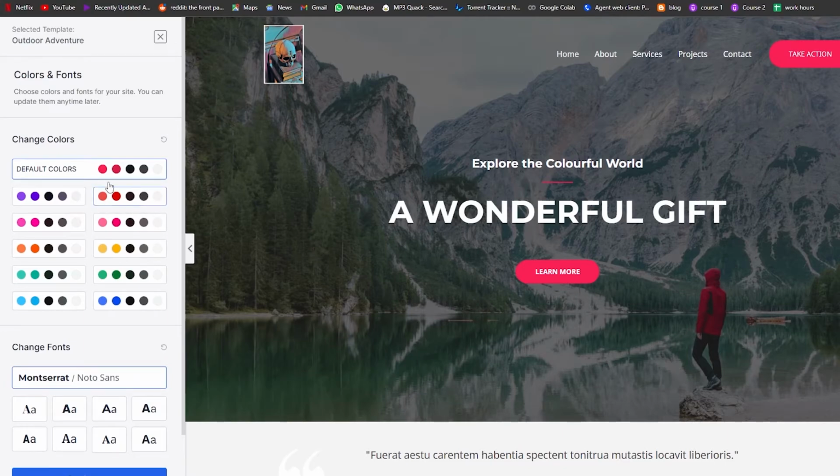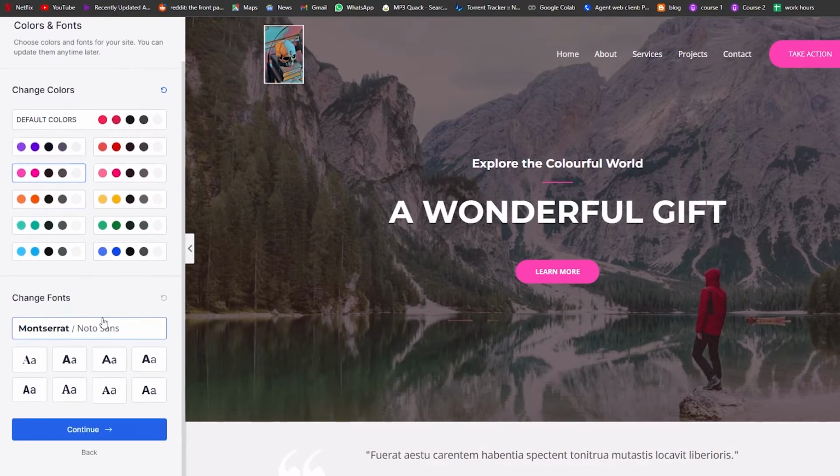And over here we can have the default colors as well. So these are the default colors. I'm going to choose something like pinkish or bluish, that looks a little similar to the logo. So I think pinkish looks good. And over here we have